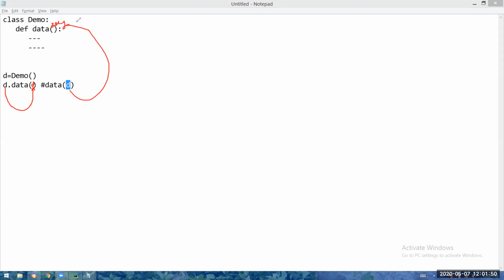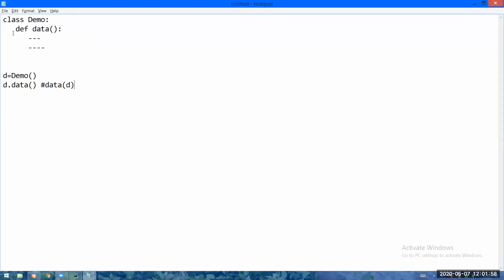Okay, I will explain again. Let me make it clear. You all have agreed that I must use an object to call a method inside the class. Remember, with whatever object you are calling the definition, that object will be sent as a default parameter to the definition.